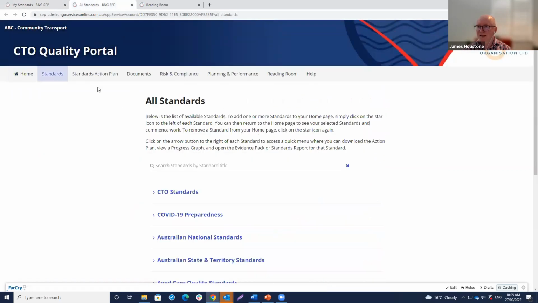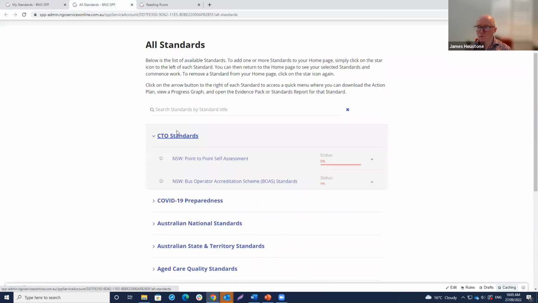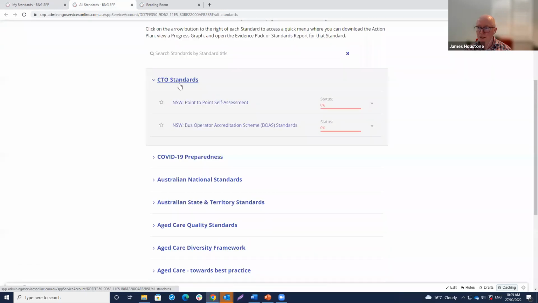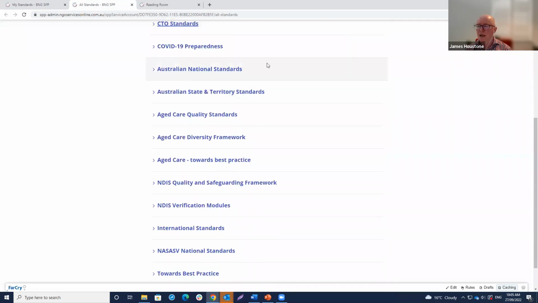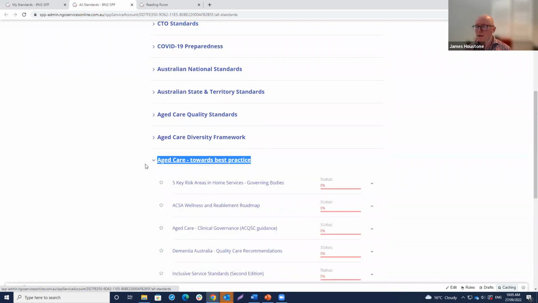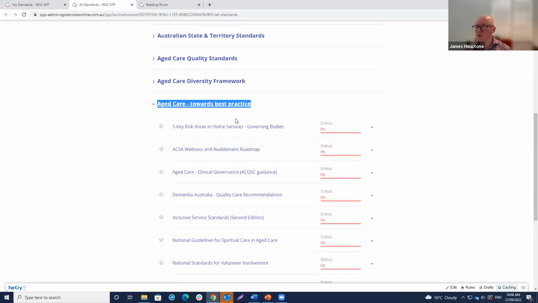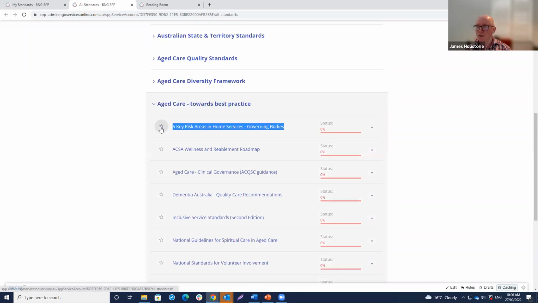So when we come to the standards tab, this is where we list all of the different standards in the platform. We've got BOAS and point-to-point under that CTO standards heading. And then we've got this long list: national standards, state and territory standards. What I just wanted to point out is that under this aged care towards best practice heading, right at the top, this is where we have the new assessment around those 5 key risk areas.